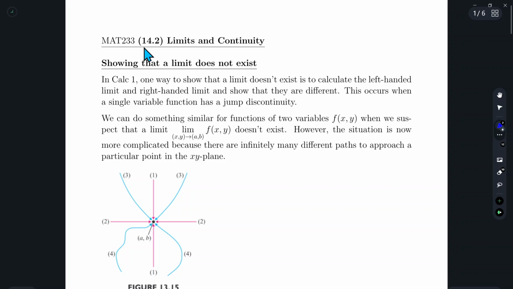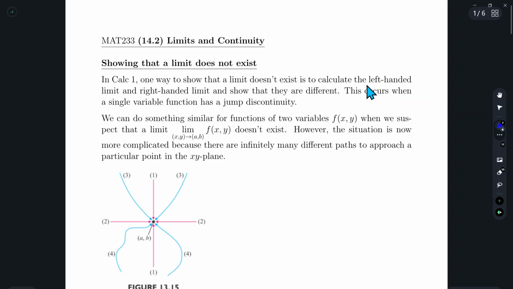In section 14.2, we introduce the concepts of limits and continuity to functions of two variables. First, we're going to take a look at how to show that a limit does not exist for functions of two variables. If you remember back to Calc 1, one way to show that a limit doesn't exist